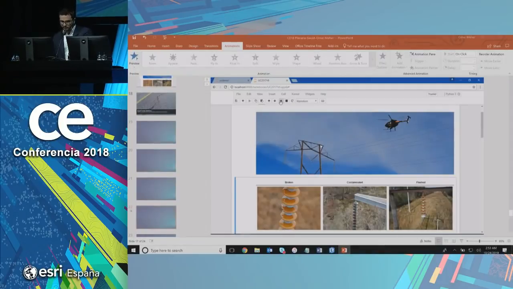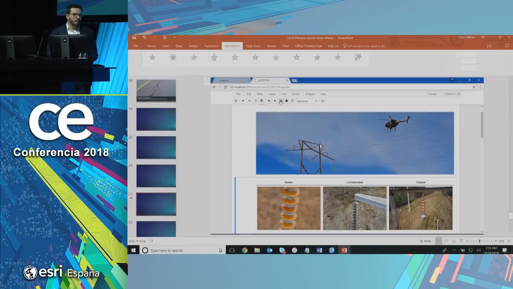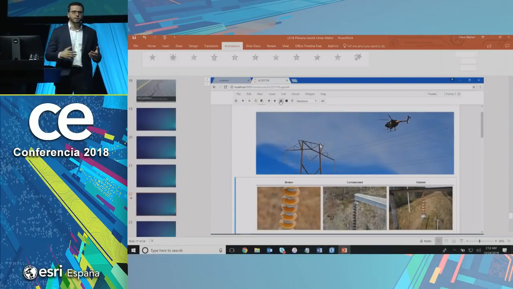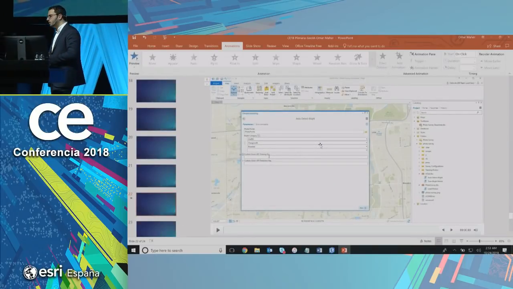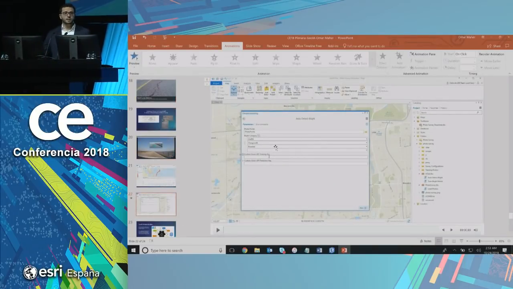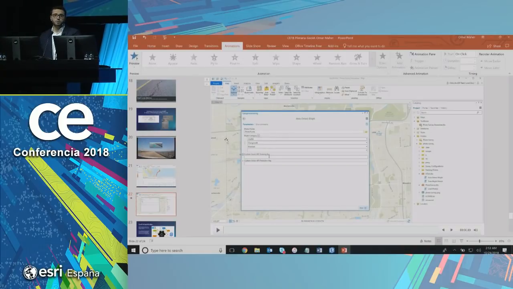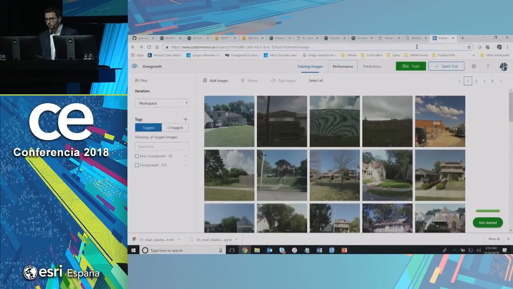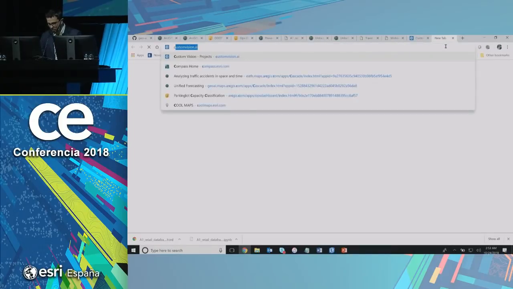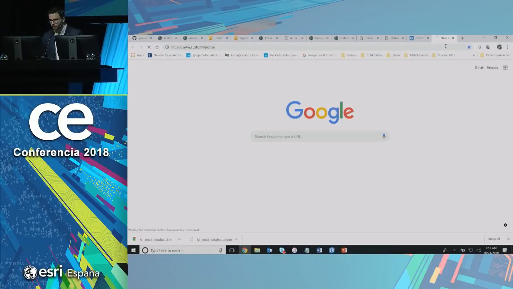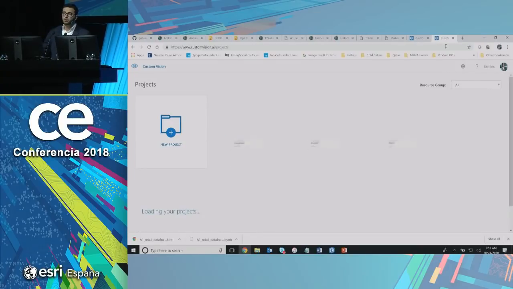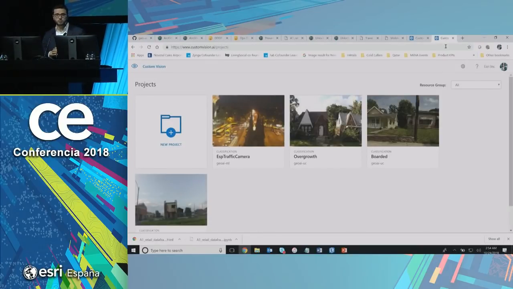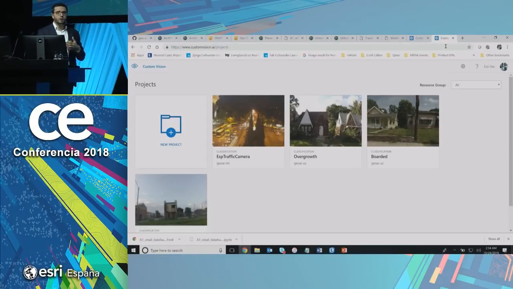Now, maybe you are asking yourself, is this really hard to do? Can I do it? Do I need a PhD in deep learning or whatever? And the answer is not necessarily. There are some really great techniques that you can leverage without writing any piece of code. In fact, I personally believe that the way to make AI powerful is by democratizing it and enabling a lot of people to access it. So for this, I really invite you to try the Custom Vision Service by Microsoft. If you go to customvision.ai, Microsoft has developed a cognitive service called Custom Vision Service that uses deep learning under the hood and enables you to do this kind of deep learning without writing any code.